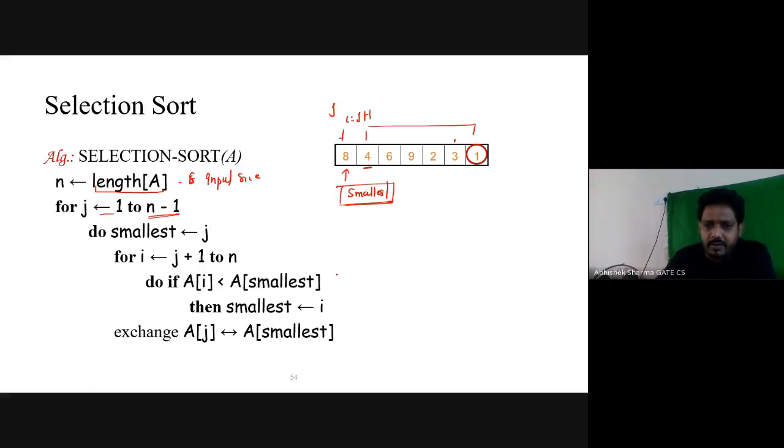So a of i right now is a of j plus 1. Is it less than a of smallest? What is the smallest index? j. So it is checking whether 4 is less than 8. Is it true? Yes. Then smallest is changed, and smallest is not the value, smallest is the index part. The smallest index is being changed to what? i. Okay, so again the next will be 6, and a of i means the position of 6, 1, 2, 3, a of